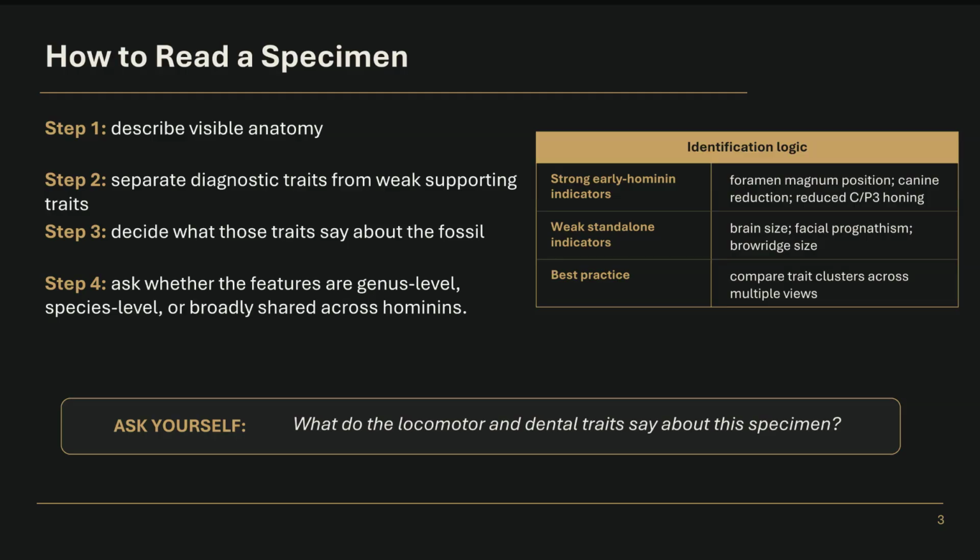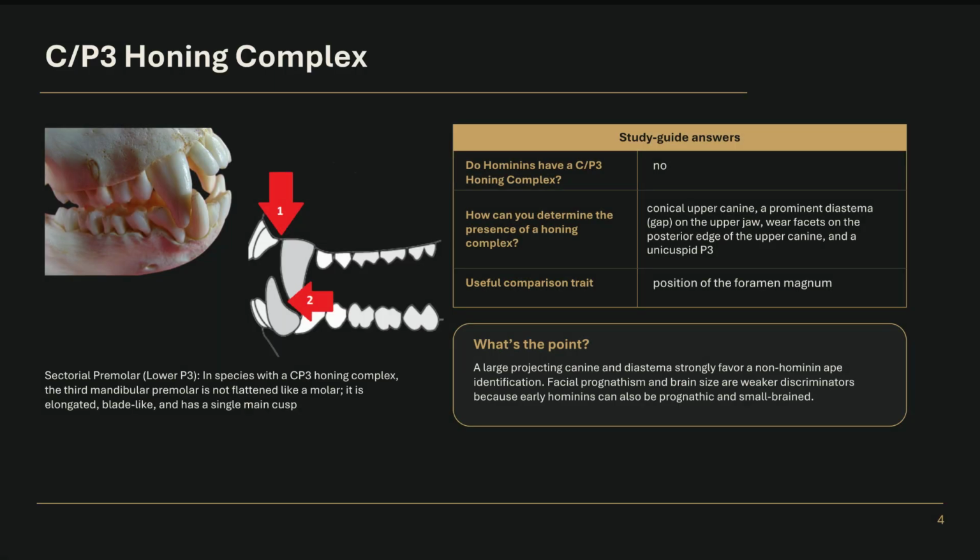For now, let's move on to an important identifier that helps scientists distinguish non-hominin apes from hominin apes: the CP3 honing complex. The CP3 honing complex is one of the most useful dental systems for distinguishing many non-hominin apes from early hominins. In this system, the upper canine is large, projecting, and sharpened against the lower third premolar. The upper jaw may preserve a diastema to